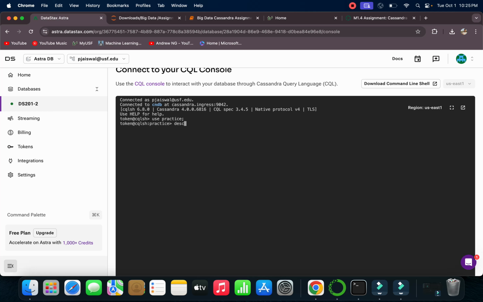I'll quickly show you if I have any tables already loaded in this key space. So for that we will use the SQL query describe tables, describe tables, and see, we have no tables as of now in this database. Now to